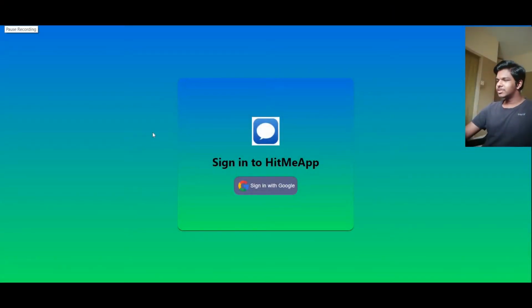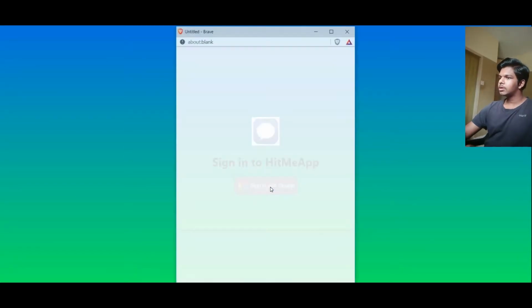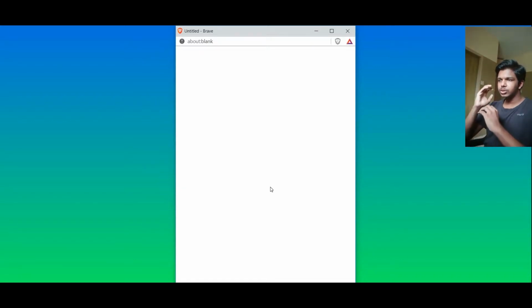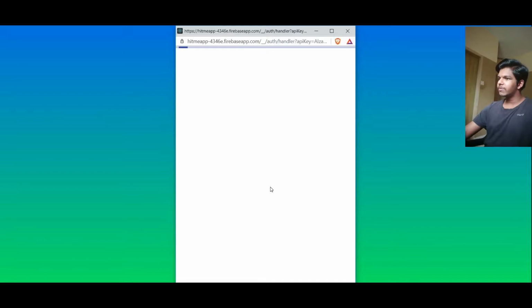Alright, so this is the login screen of Hit Me App actually. As I've told, I use Firebase Authentication in this app, so that's why I have to build a login screen too. So let's just try signing into the app. I'll press this button now, and you might have seen that pop up. It's basically the screen which shows the collection of emails using which we can sign into the app. So just wait for it now. Yeah, something's loading,